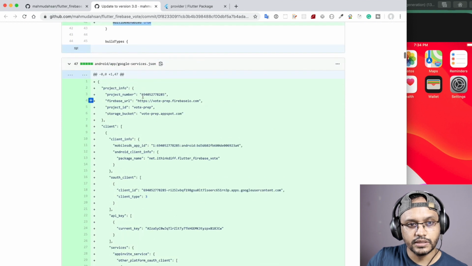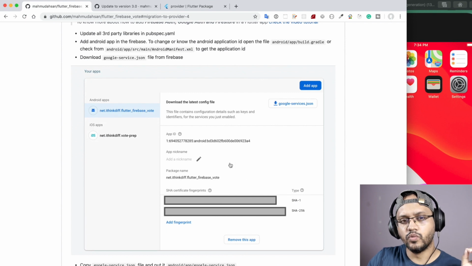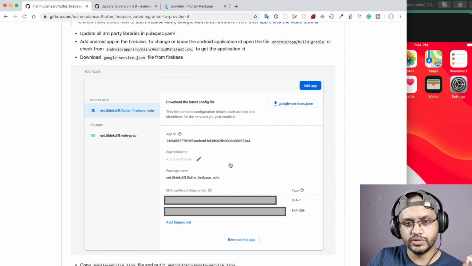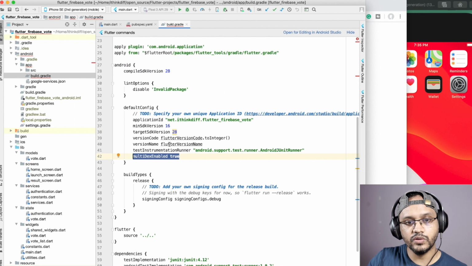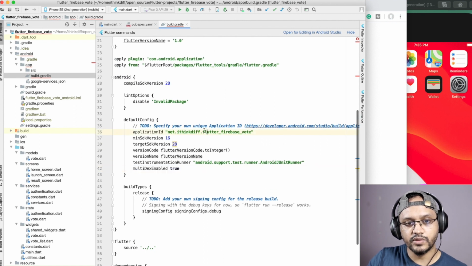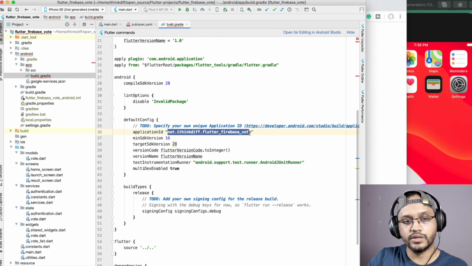Then there is the google-services.json. So previously when I developed, I think I did not have to do this step, but now normally when you develop a Firebase based application, if you support iOS, you have to add the application like iOS and provide the bundle ID. But now I have to do the similar thing. In Firebase, I have to add an app, the Android app, where I have to provide the application ID. So where can you get the application ID? You can get it from here. So here you can see there is an application ID. If you want, you can change it.